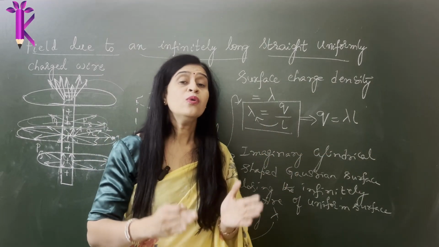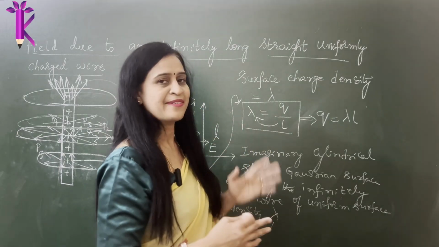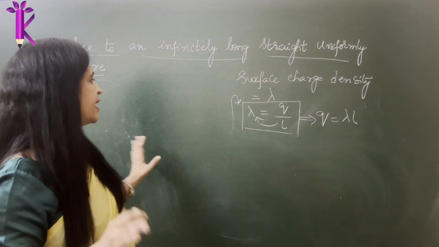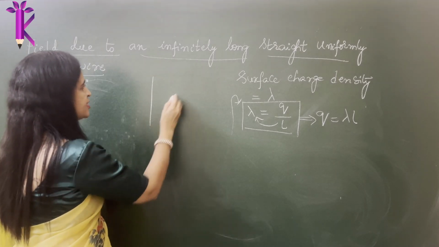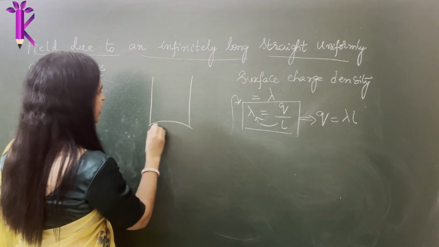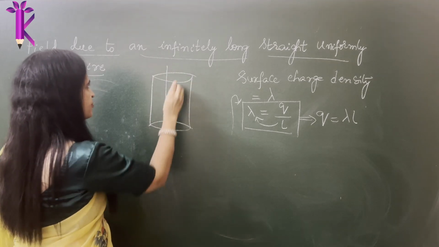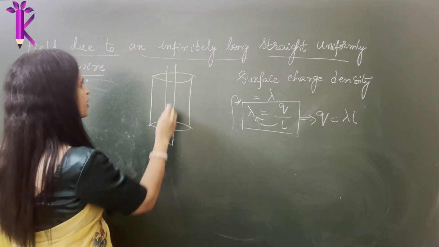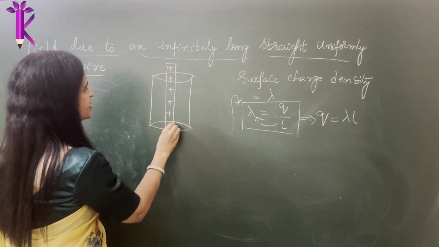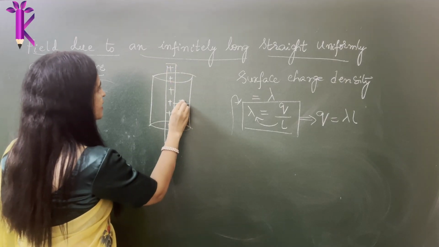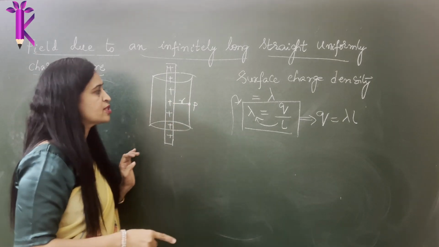After that, now we will use Gauss law and we will also use Coulomb's law to arrive at our expression. Well, now I see I erased that part. We should have retained it, but I want to write it very small. This was the Gaussian surface you imagined, right? You have to write it in dotted lines because it is an imaginary surface, and this is your infinitely long thin wire with uniform surface charge density, right? And you assumed a point P at a distance R on this imaginary surface.